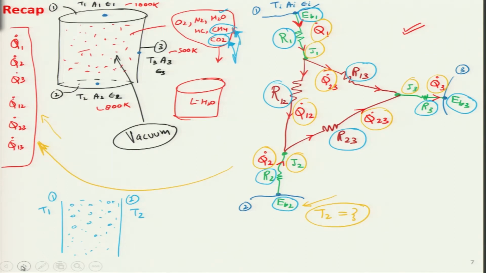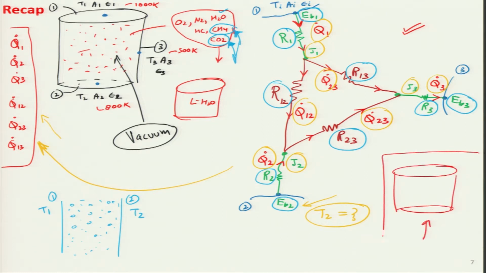And then we went on to our original problem and figured out that instead of it consisting of black surfaces, this was our original problem, that the top surface, bottom surface and the side surface were at 3 different temperatures, and we wanted to figure out the rate of heat input on the top surface, heat input from the bottom surface and the heat removal from the side surface, assuming them to be non-black in this particular case. So, as is looking over here, a kind of complicated resistance network,